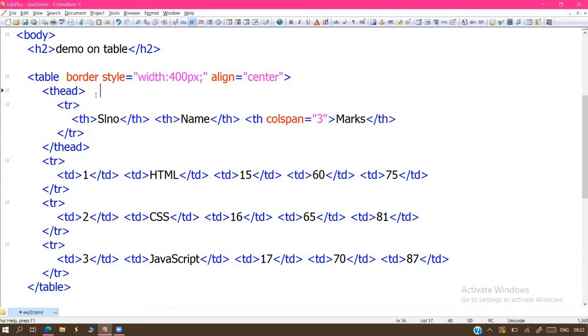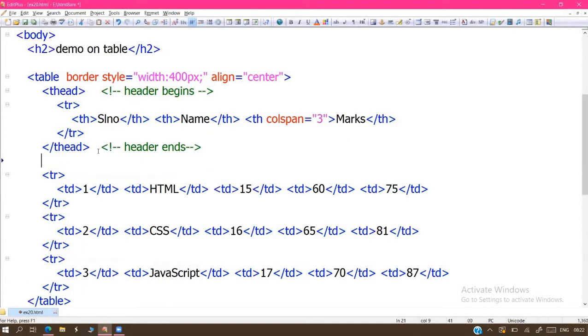So here the header portion starts and here the header portion ends. Header begins. The same comment we write here: header close. Next, this is content.